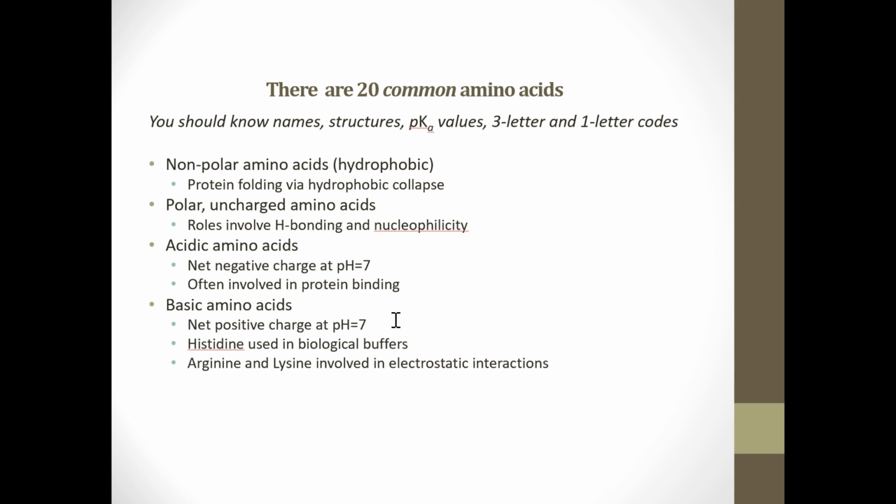So there are 20 common amino acids, and there are two different methods of abbreviation which refer to these amino acids. There is a 3-letter abbreviation, and there's a 1-letter code abbreviation. If you are going to work with proteins in your research and you're looking at sequences within proteins, it's essential